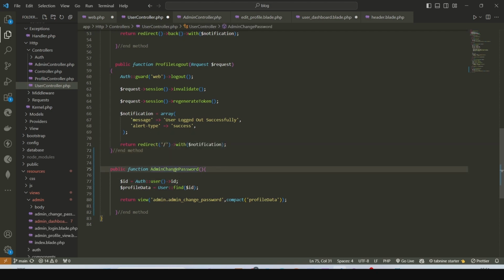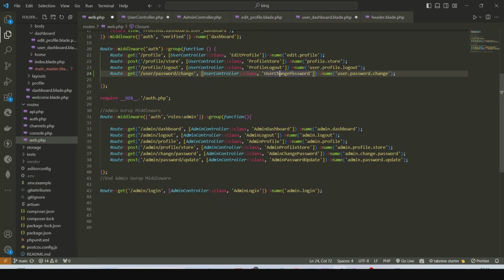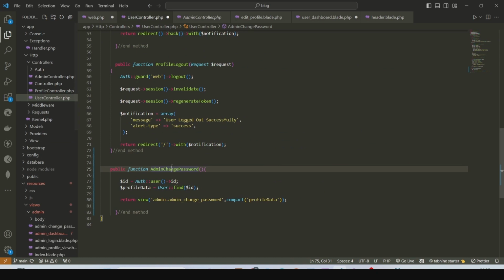Now what is our method name? Method name is user password change. We are going to replace it with user password change. And also with this, we are getting the authenticated user ID. With the ID, we are using this variable to get all the data in that row. So now